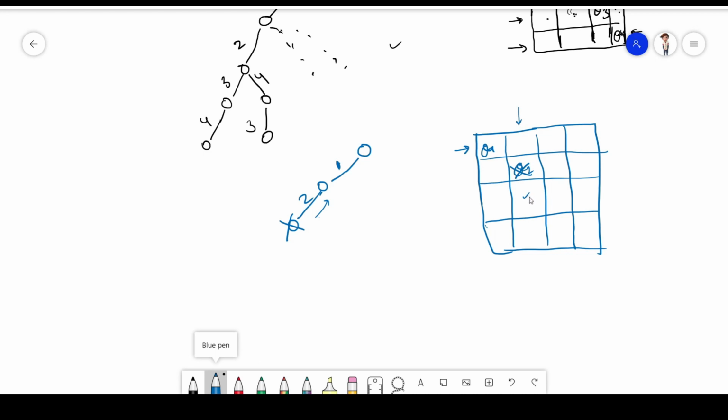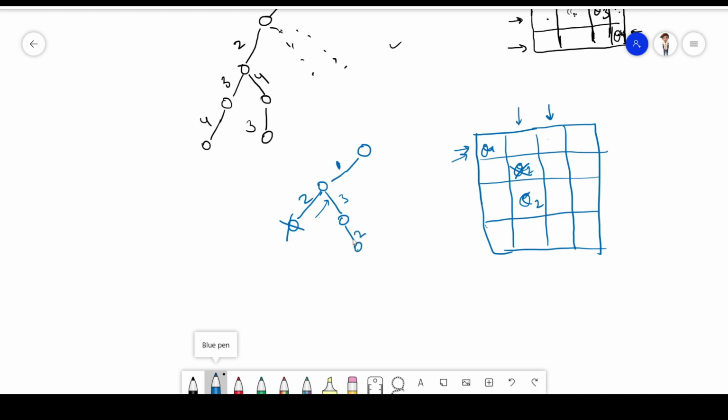Now I will move ahead and see if there is any position. So can I place it over here? Yes, I can place it over here. Okay, so I placed it over here. Then what happened? I came over to the third column, right? So can I place my q3 over here? No, the same column will be shared. Can I place q3 over here? Yes, I can place q3 over here.